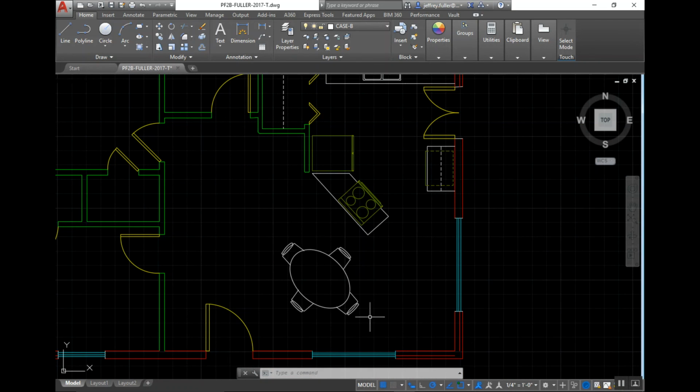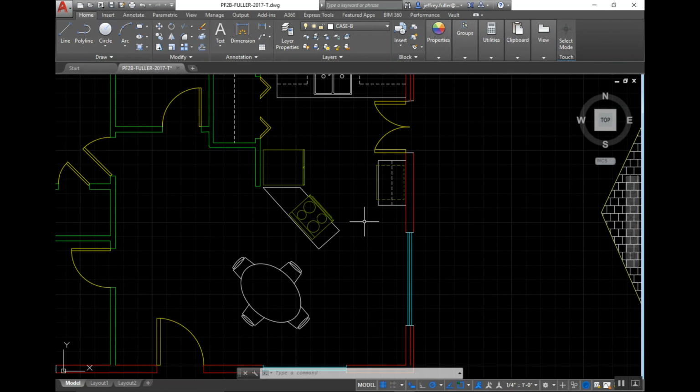And of course I placed a table here to kind of test the space to see how much space I was going to have if I placed a piece of furniture somewhere around in here, and it looks pretty darn good. I'm thinking about extending this out to make a bar with some bar stools, and that might even negate having this table altogether. Now, one thing I did have to make sure of is that I have 36 inches